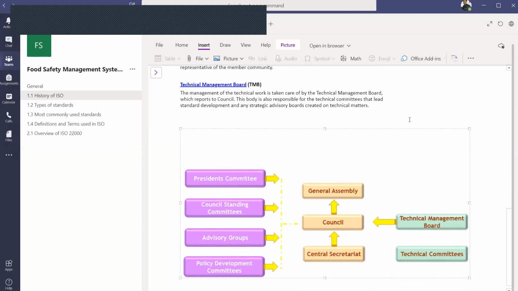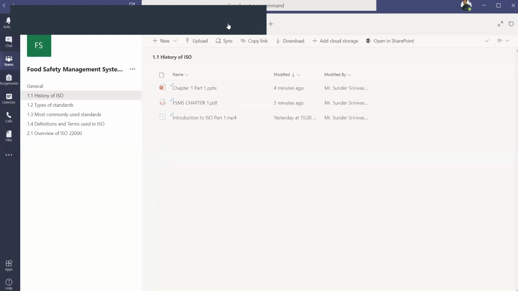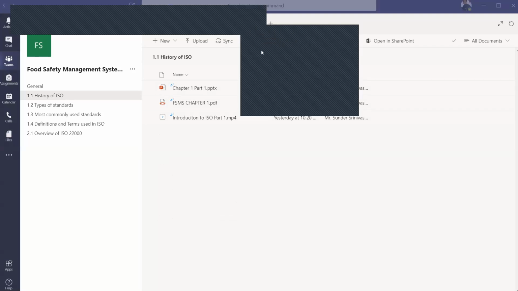In this way, we can use the notes section and the files section, so that you're ready for what you want to do for that particular session when you are actually doing a class. So this is step 3 that you would be doing. Thank you all.